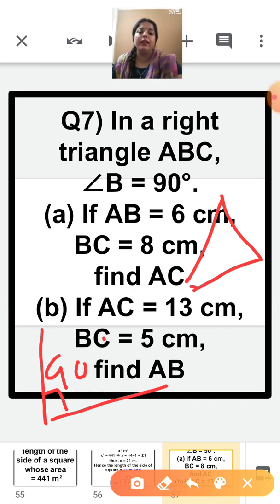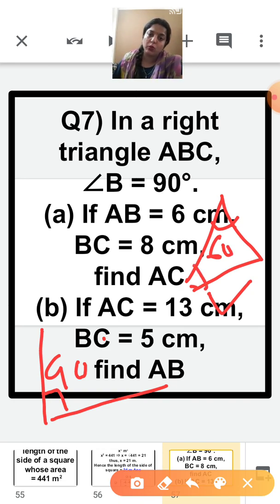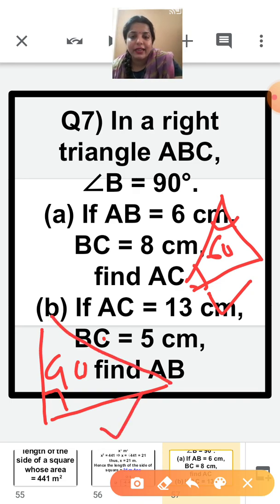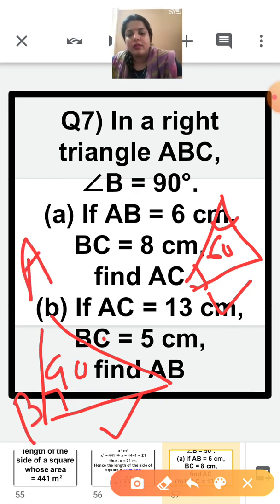So if we are using this triangle, it means one angle is equal to 60. 60 plus 60 is 120, 120 plus 60 is 180. But the question is saying that it is a right angle triangle, it means when two lines are joining together they are making 90 degrees in this way. So this is called a right angle triangle. Now you can give the names A, B, C to this.